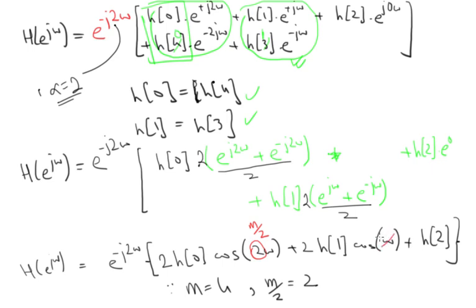Here there is a 1 here. I can replace this 1 by m by 2 minus 1. 2 minus 1 is 1. And here this 2 with m by 2. So your expression will become